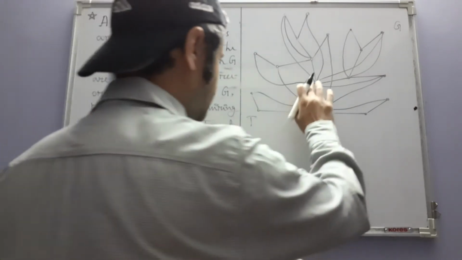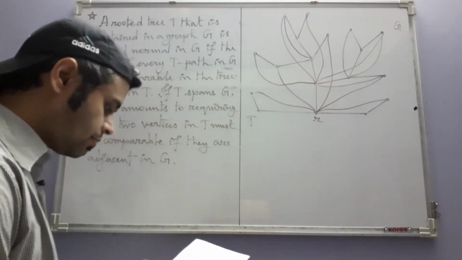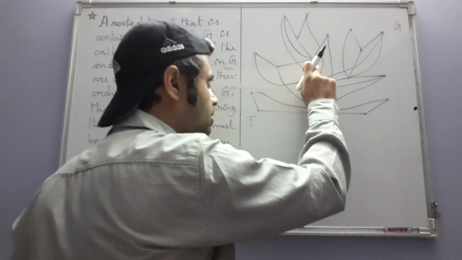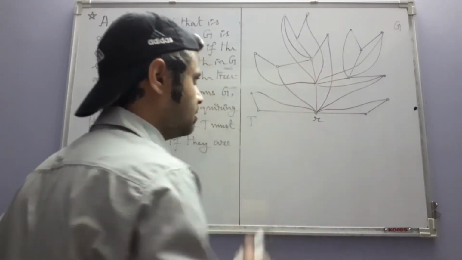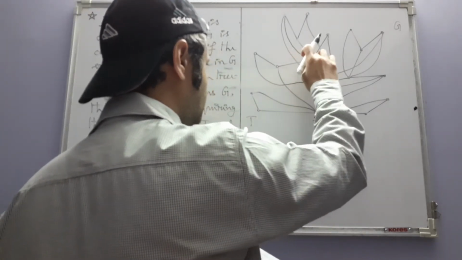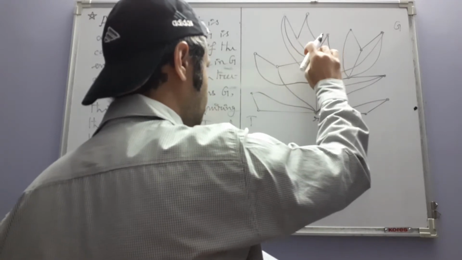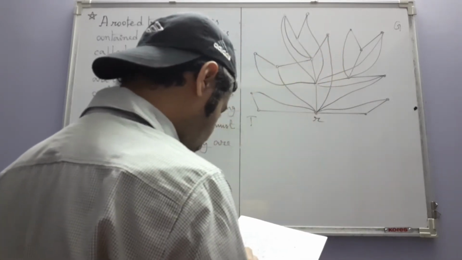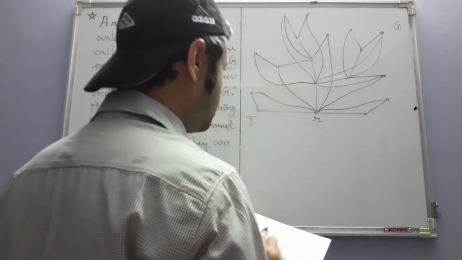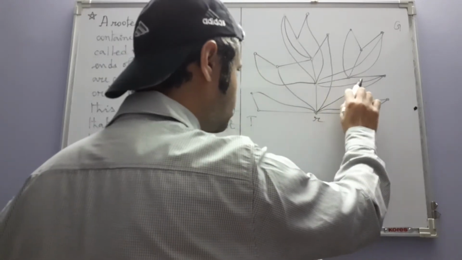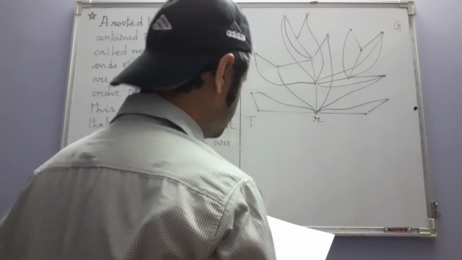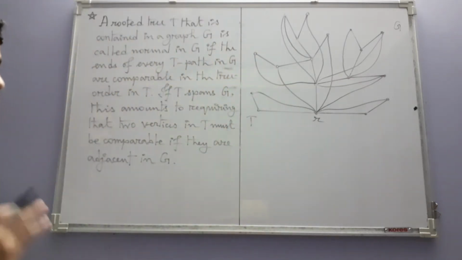Okay, so let us now check its degree. 1, 2, 3, 4, 5, 6, 7. Yes. What about the degree of this? From here, 1, 2, 3, 4, 5. Yes. This one has degree 3. And what about this? 1, 2, 3, 4, 5. Okay. So this is our graph,